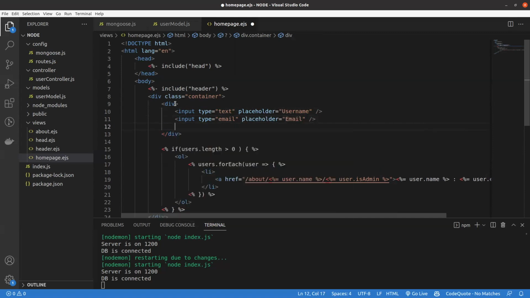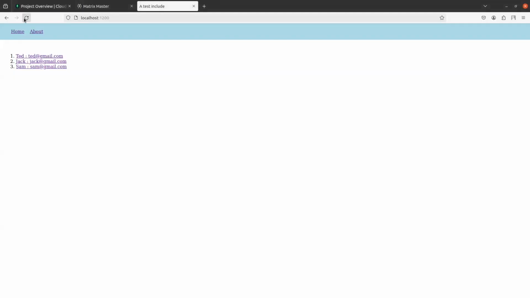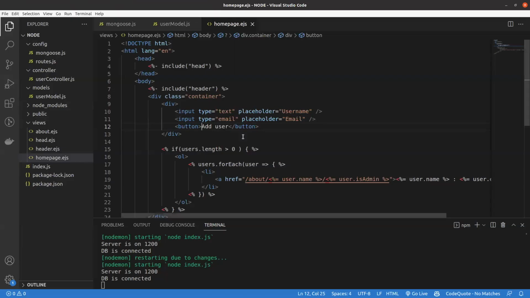And then I will have a button, this button, add user. Now, save. Let's check our page. If we refresh, we can see here we have our nice input. Of course, it's not really nice, but we have here our form that we need to use to be